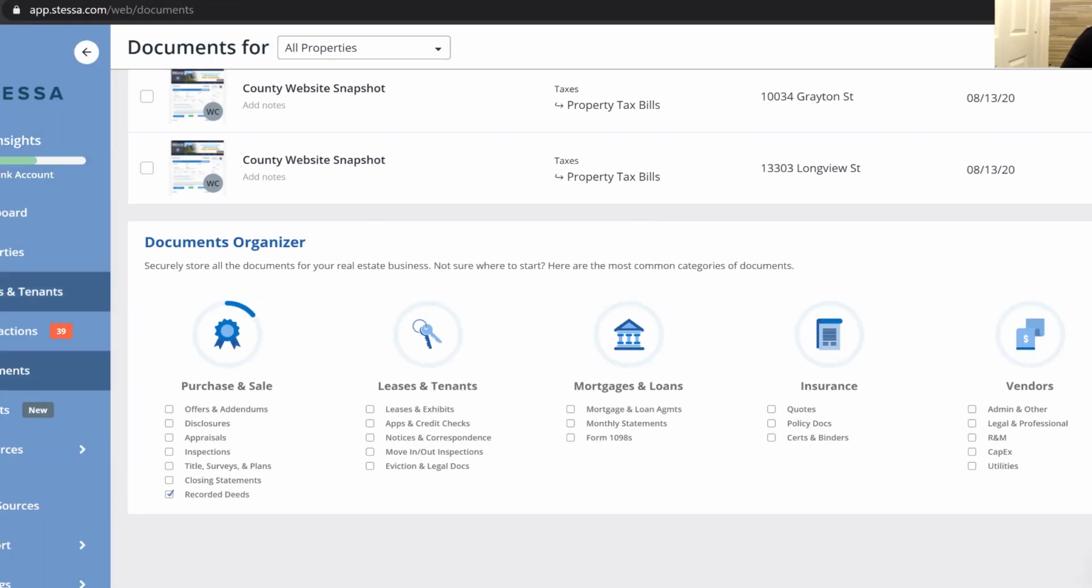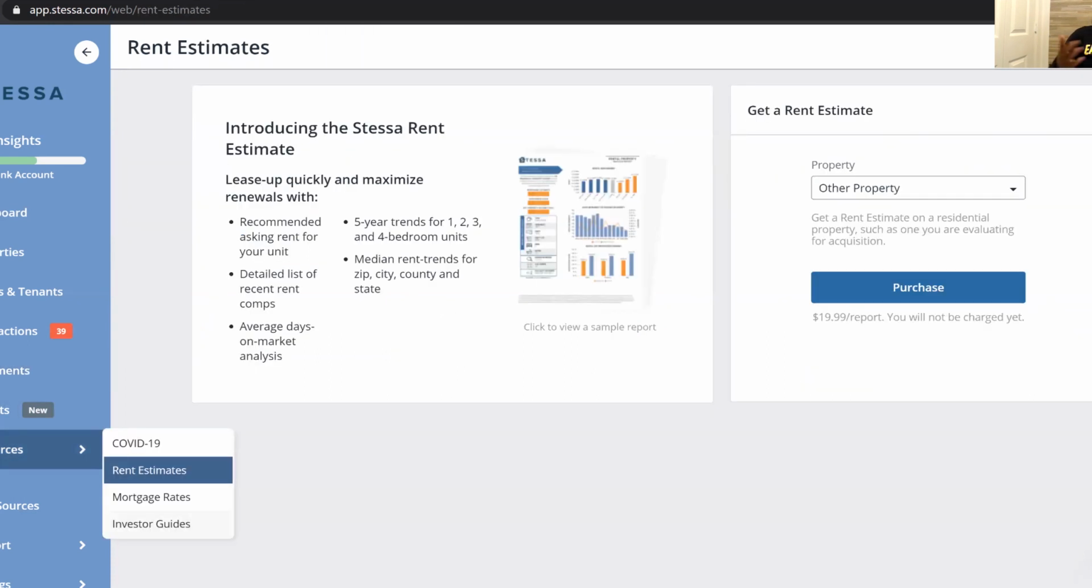Now, if you click on resources, what you'll get is a lot of great resources. So a prime example, rent estimates. It's introducing Stesana's rent estimate. Okay, it's recommended for asking rent for a unit. Details: a list of recent rent comps, average days on the market analysis, a 5-year trend for 1, 2, 3 and 4 bedroom units, median rent trends for cities,